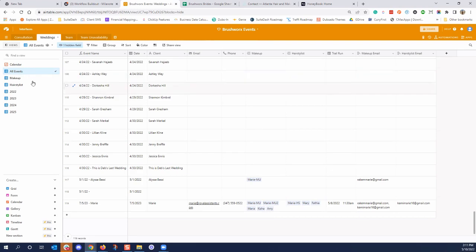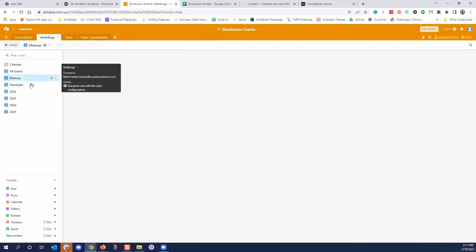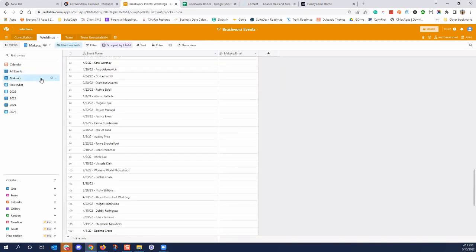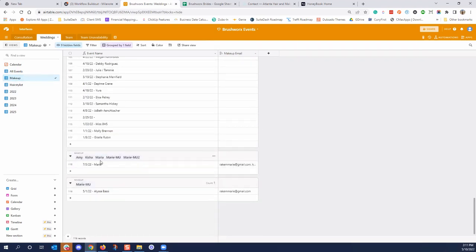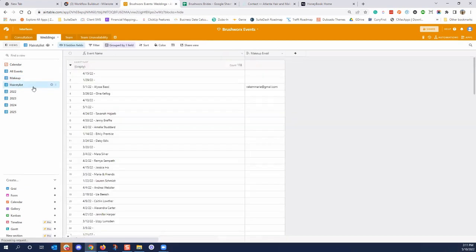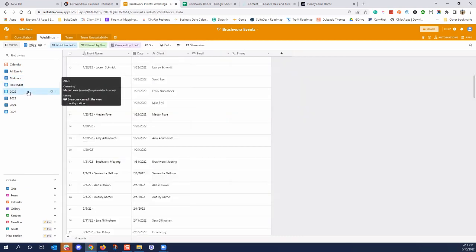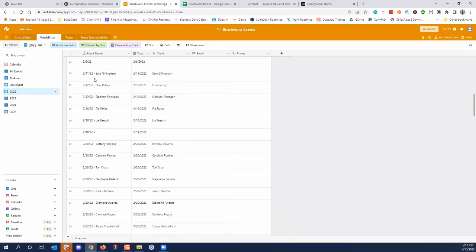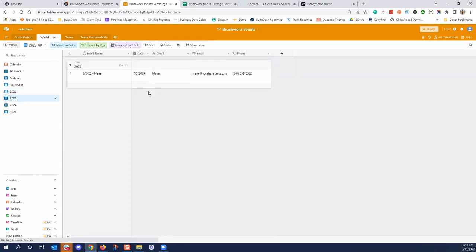All right, perfect. And then I'll remove these views as well. So this view will now just be one view. All this does is show the breakdown of who's on what. That gives you the more dived-in version of who's on what. And then this will be the same thing, but I'm going to remove this. And then this dives down into the year. So this is going to say all the things for 2022. If there are any weddings, which I created one for this example, for 2023, then it will be designated in this year. So it'll be this view.